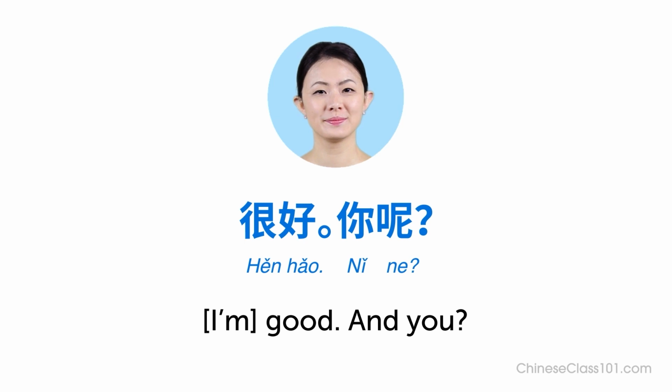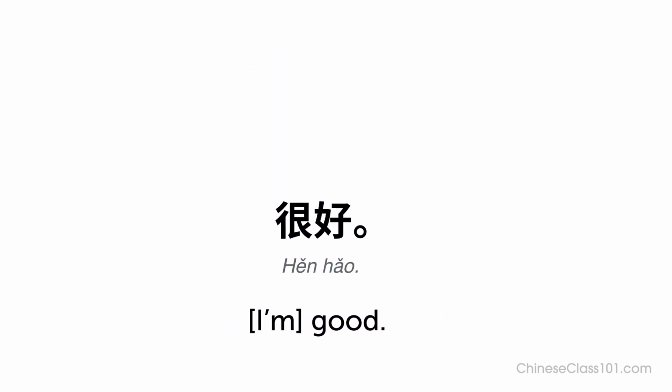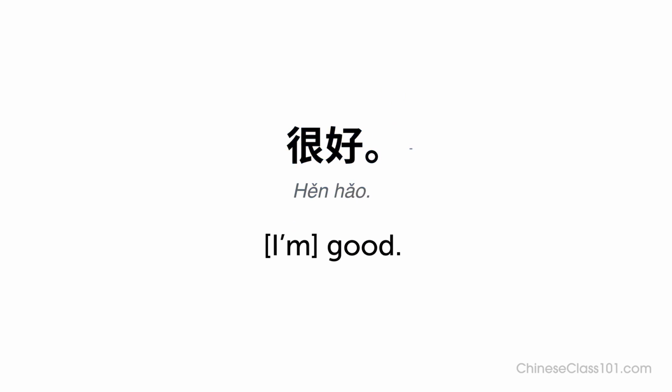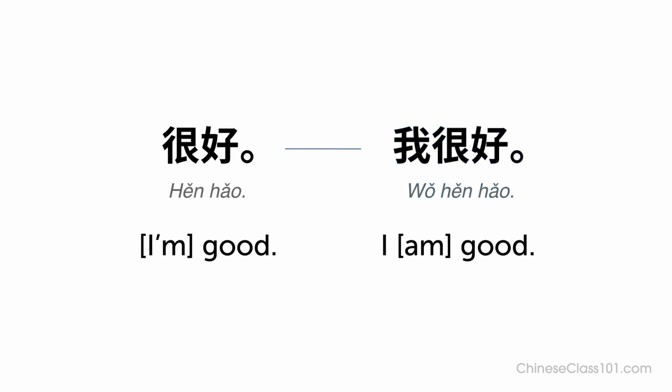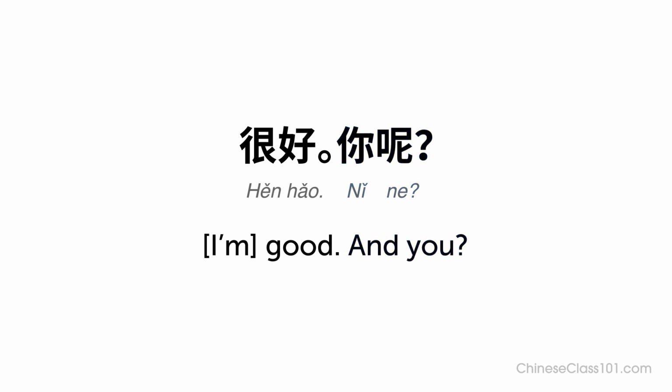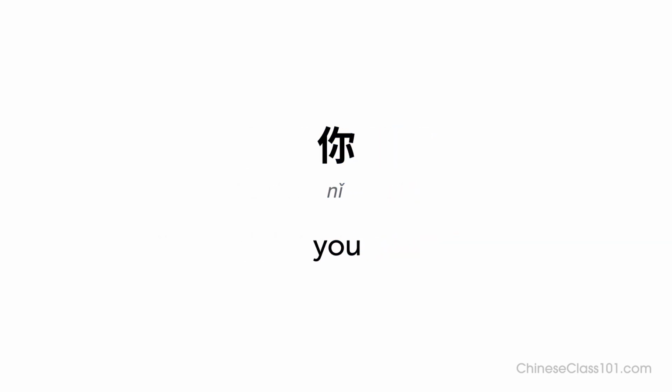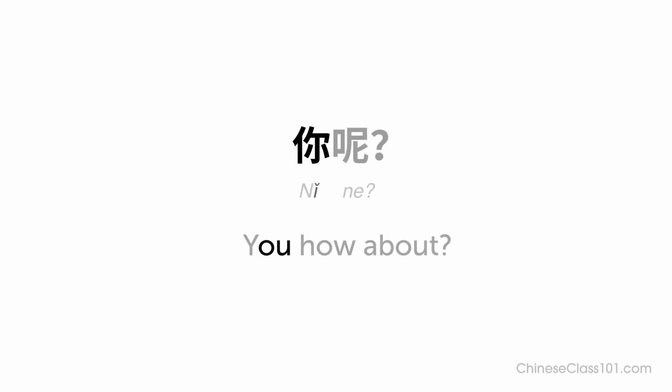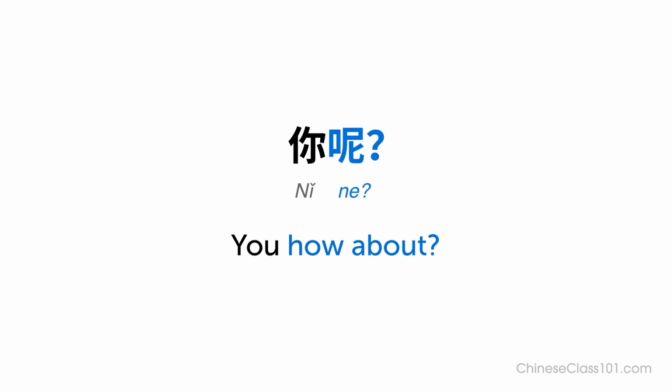很好，你呢？I'm good. And you? 很好 is the shortened form of 我很好, 我 is omitted, as it's understood from context. After this is 你呢？ and you. First is 你, you. 你 Next is 呢？ which means something like how about in this context. Together, 你呢？ literally, you how about, but translates as and you. 你呢？